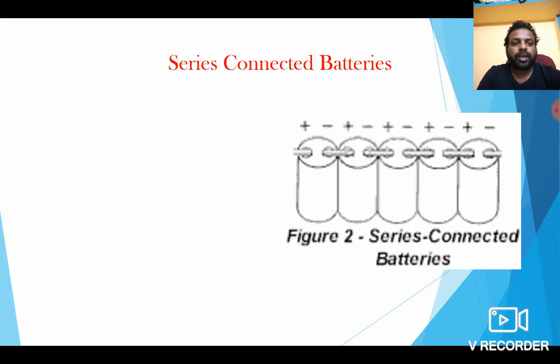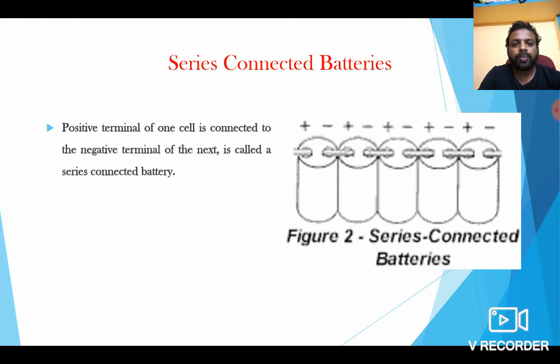And in the hybrid vehicle we are using a rechargeable battery. It is placed in series or parallel connection. So what is series connection? If you need more power output, you can connect n number of cells in series, and then you can produce more power output as per your requirement. In the series connection, all the batteries are connected such that the positive terminal of one cell is connected to the negative terminal of the other cell. It is called a series battery connection.